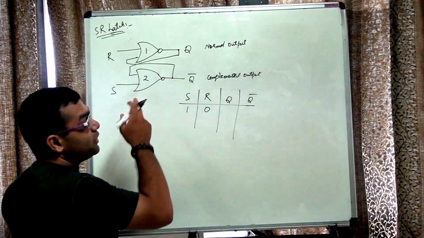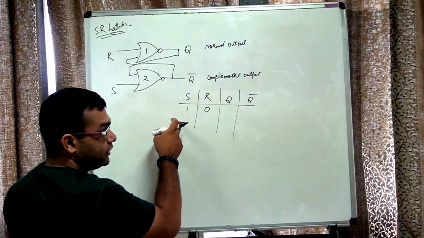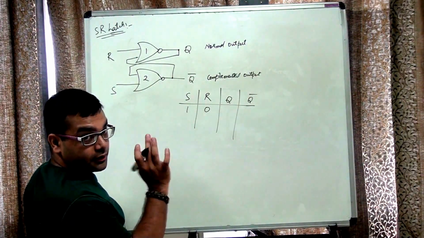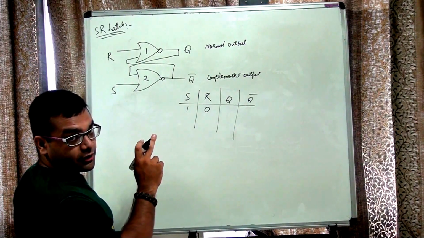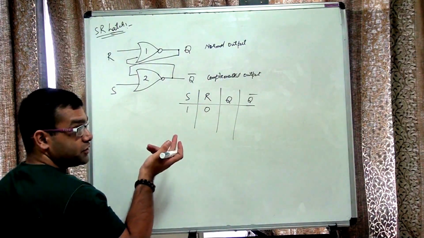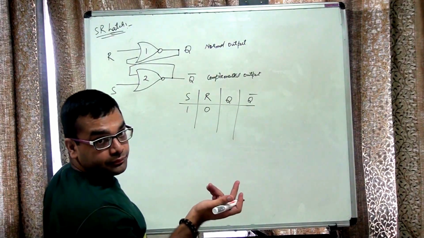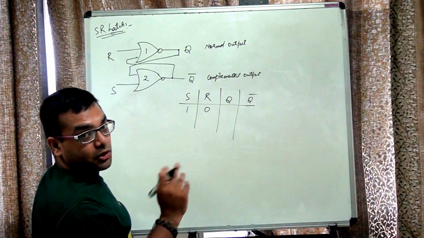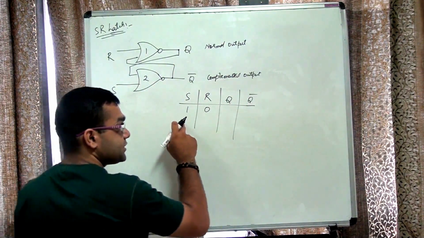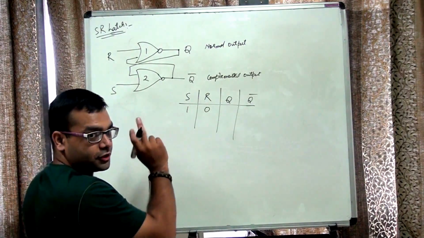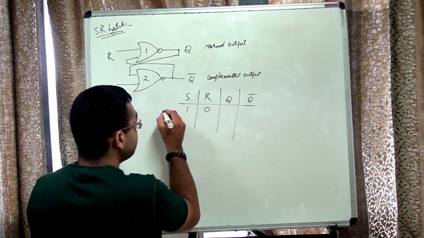Okay, now what is the property of NOR gate? If any of the input is 1, output has to be 0. Alright, for sure, definitely. If any of the input is 1, output will definitely be 0. However, if one of the input is 0, then we are not sure till the time we know the other input, what will be the output. Okay, so S is 1, R is 0. We start with this as the initial configuration of our circuit. Okay, so I call this case 1.